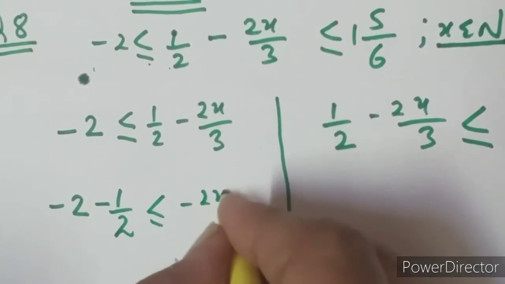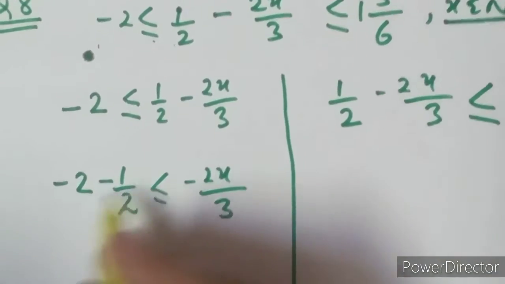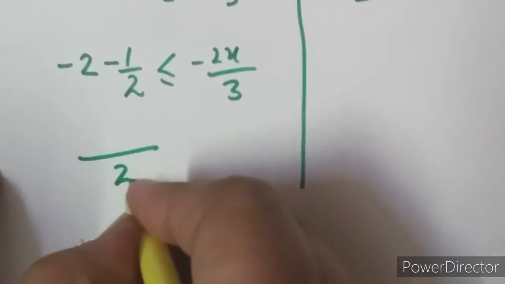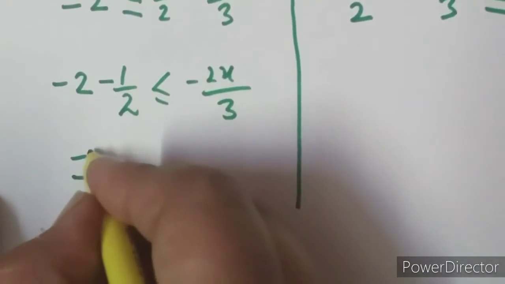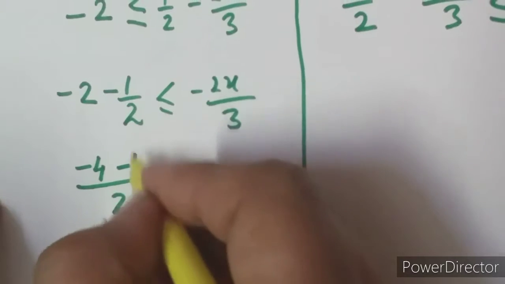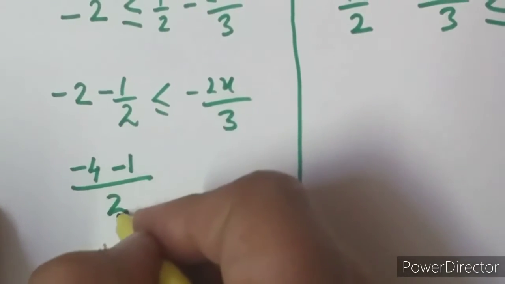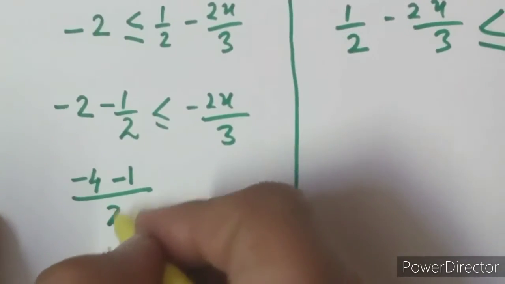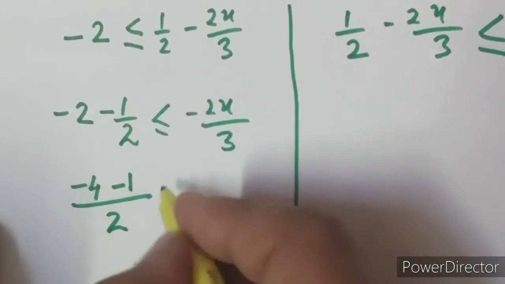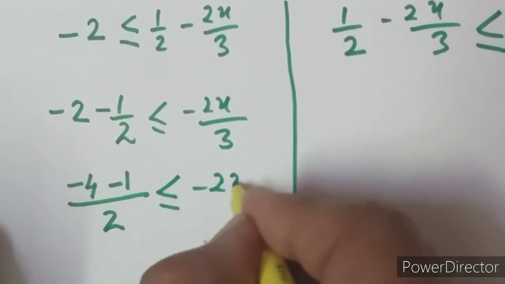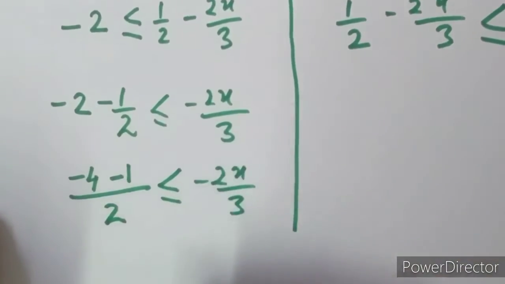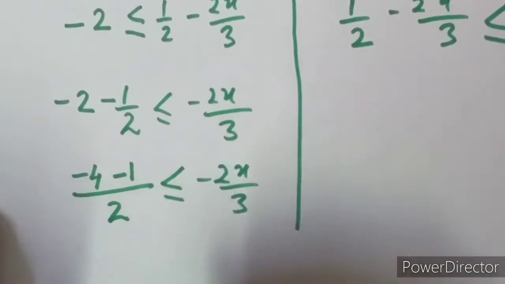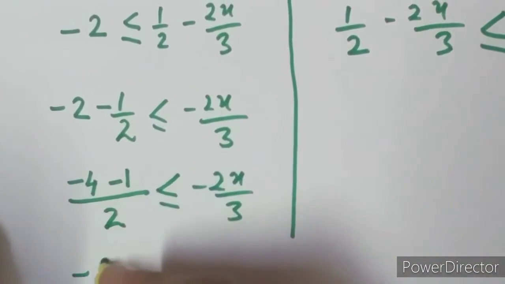than or equal to minus 2x by 3. To solve this, we will take LCM as 2, and this will be minus 4 minus 1. Why minus 1? Because 2 and 2 are the same here. When they divide each other, the answer will be 1. So 1, 1, 1, so 1 only, as it is. No change in the sign of inequality till now. Solving, we get